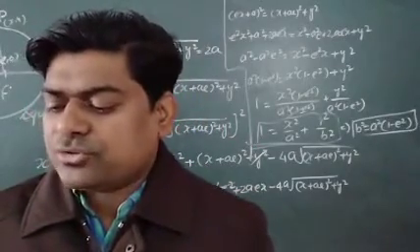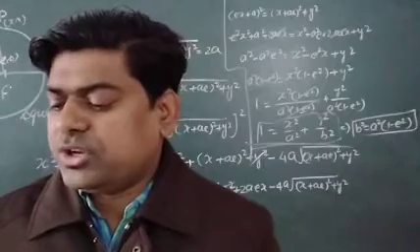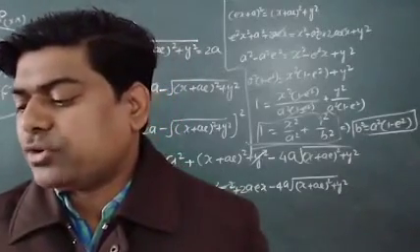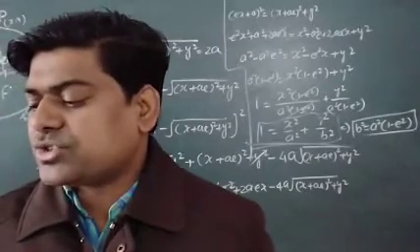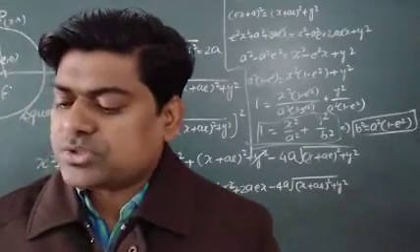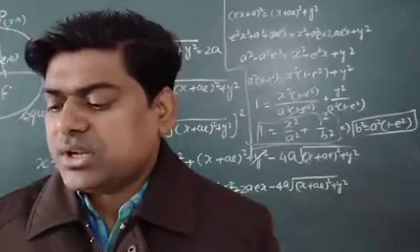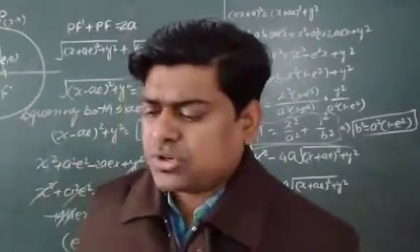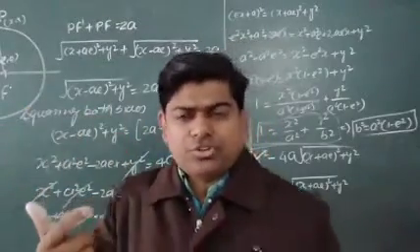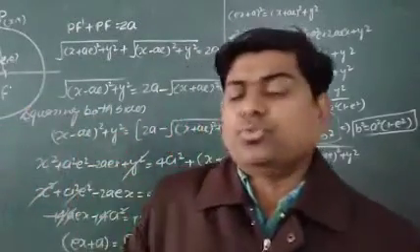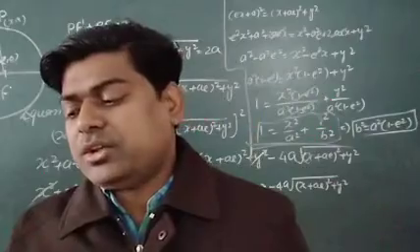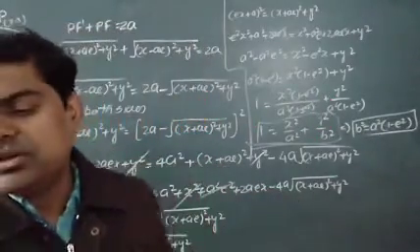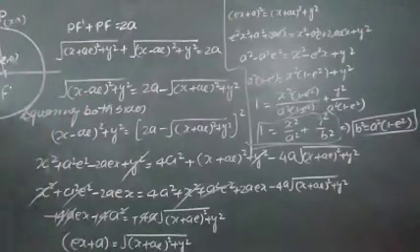So I am going to just do one question from the 7 to 11. It's written: for each of the ellipses represented by the following equations in questions 7 to 11, find the coordinates of the foci, vertices, length of major axis, minor axis, latus rectum, meaning everything we have to find. So one question I am taking when it will be horizontal, and one question I am going to do when it will be vertical, and in both cases I think you can get the result and you will be happy to solve such type of question.